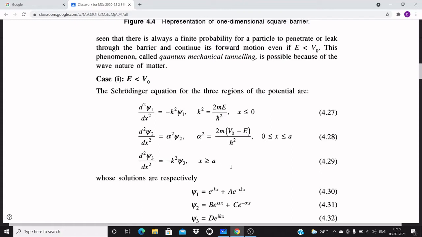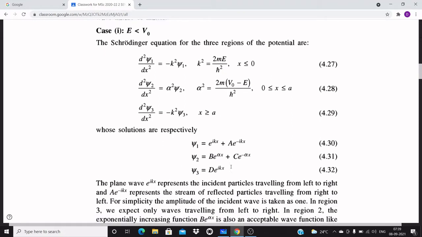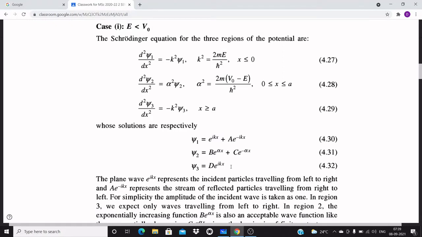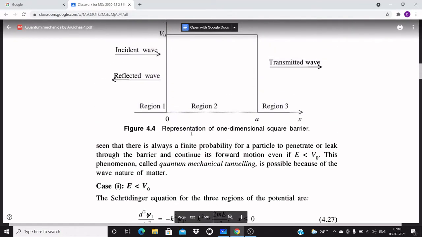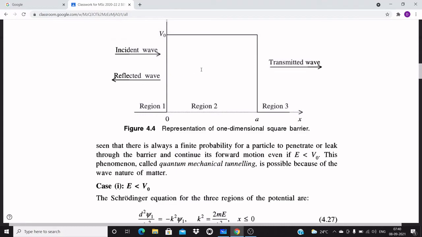Now we have to give the possible solutions, because we know what is happening. A stream of particles are coming from the left hand side, that is from region 1, and there is a possibility of the incident wave to get reflected. So there is a possibility of incident wave as well as reflected wave in region 1, but in region 2 there is a chance of